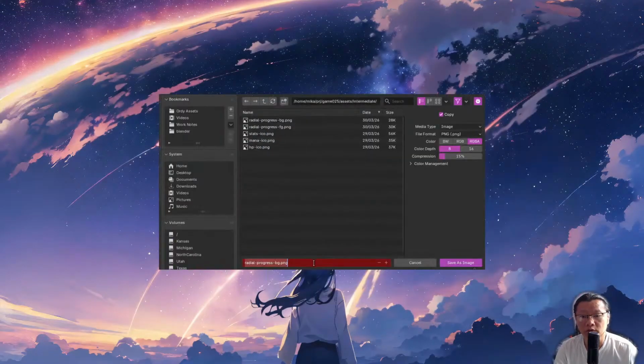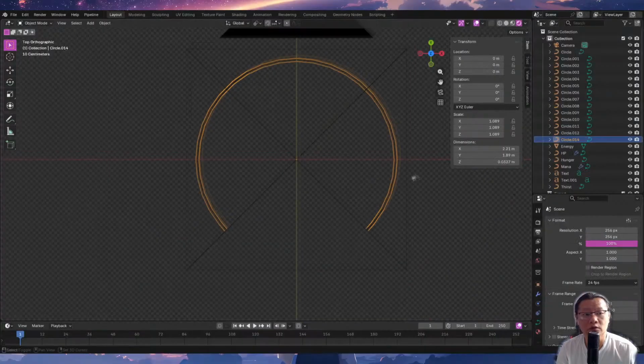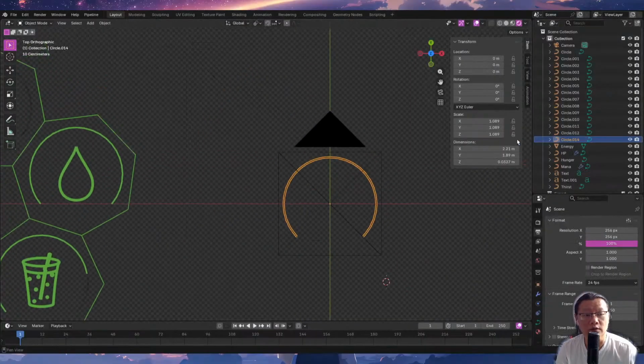Save. Should be called stat gauge background. AutoL equals progress.lock. Assert val equals 0.0f. Stat gauge. Stat gauge background. Okay, and